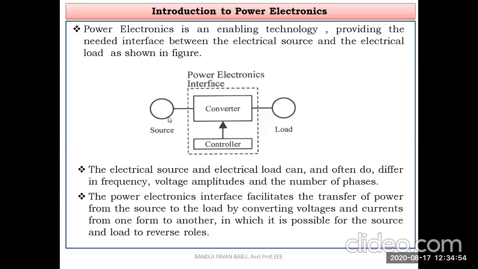So power is transferred from source to load, and of course the reversal can also happen in some cases, as I said before in the power bank. There we are storing the energy, and after that, that energy can be used by another load. Or consider the inverter also. In the normal mode, by using the grid power we charge the battery. After that, the energy stored in the battery is reused when there is a power off.